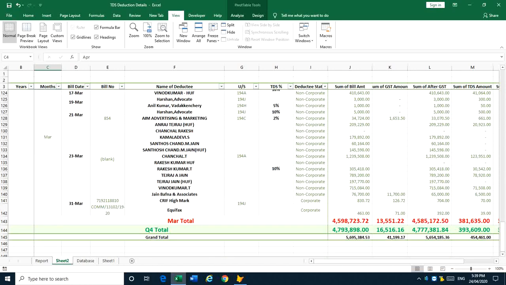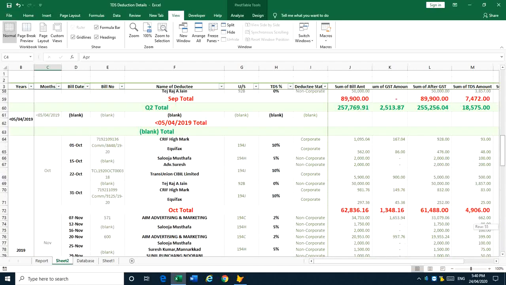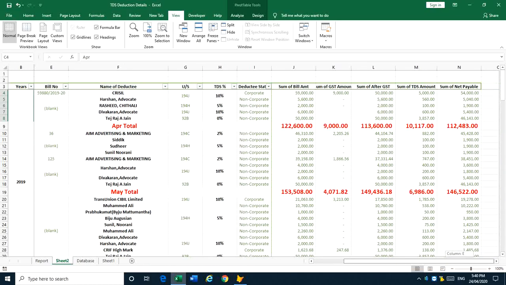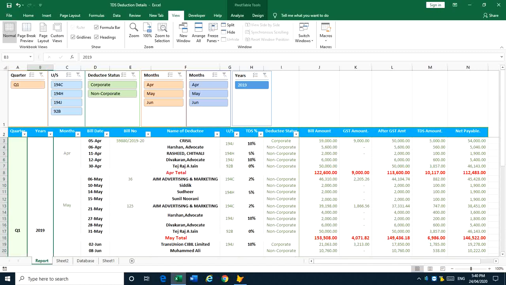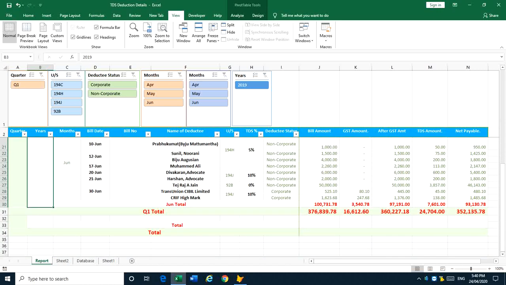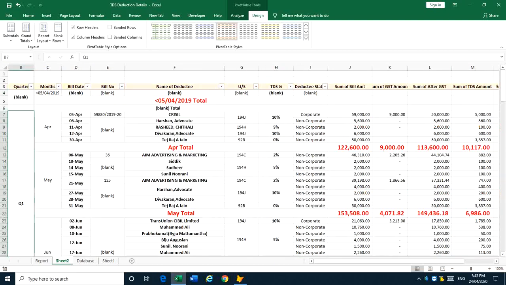On this report, we have to give more comments. I prepared one report. Q1 data is here. I am updating the Q2 data here by creating more designs.